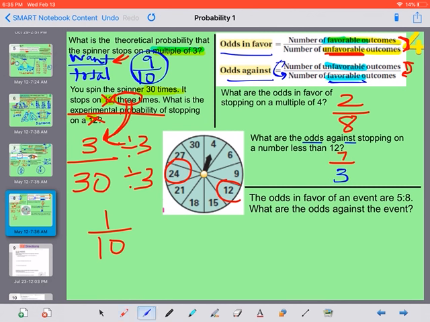Last question. It says the odds in favor of an event are 5 to 8, so we could write that actually as a fraction. Remember, there's 3 ways to write a ratio. What are the odds against the event? So if this is for the event, the odds against